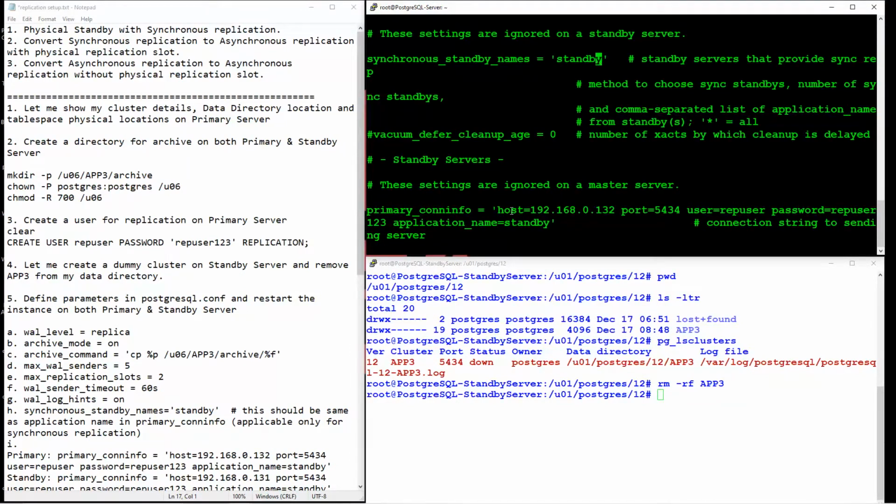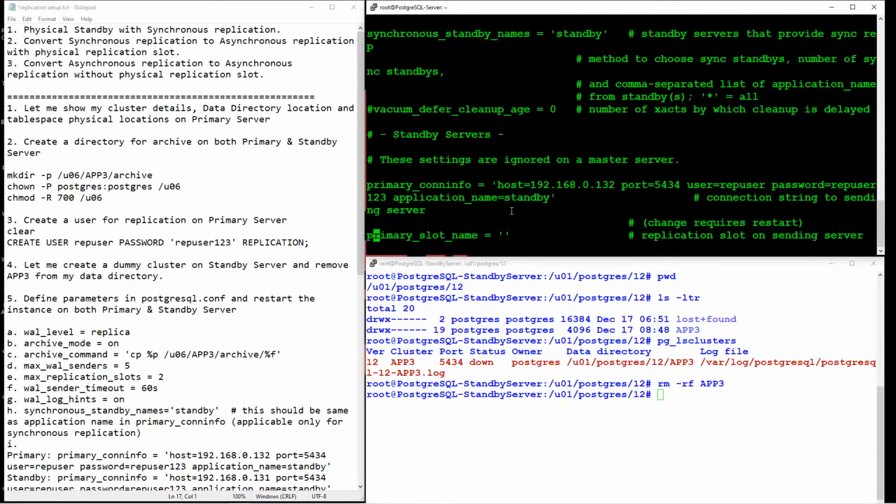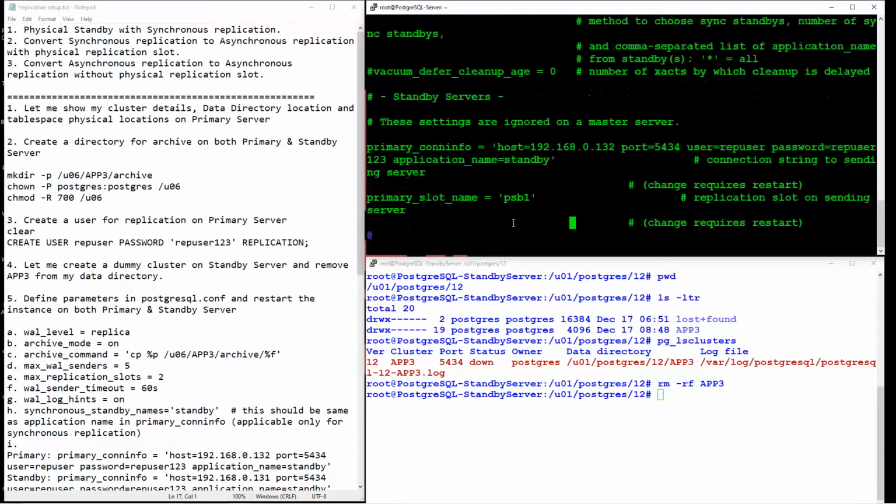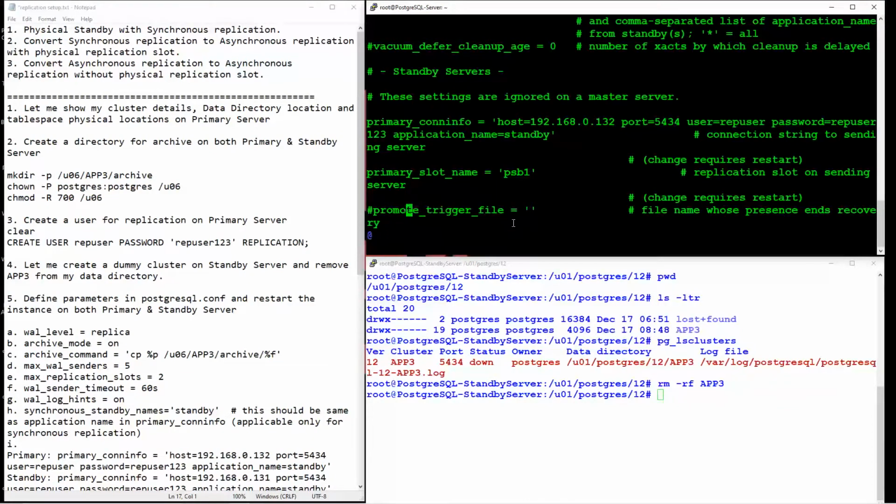Now after that, primary, okay, here it is. Now I'm going to remove the comment on primary underscore slot name, and I'm going to define it as PSB1, and this is going to be my slot name. And let me uncomment primary underscore trigger underscore file, and let me define it.